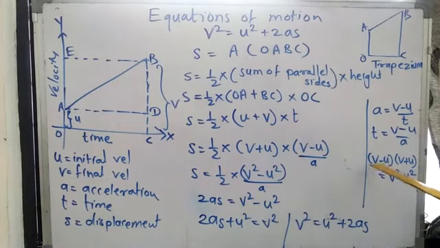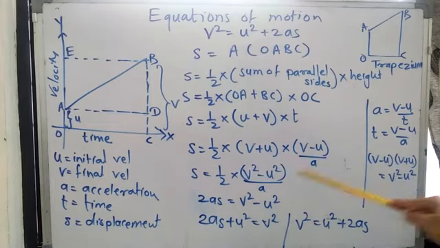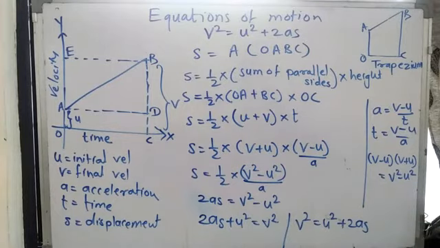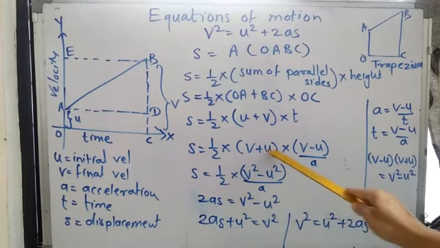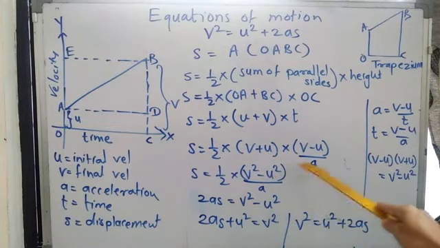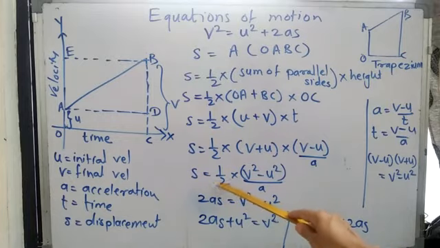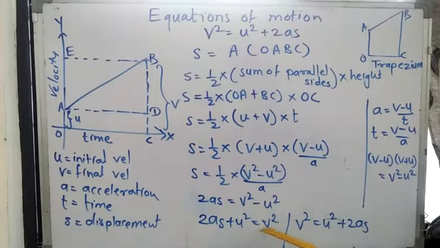Now you have studied it in maths: a minus b into a plus b is equal to a square minus b square. Similarly, here we have v plus u, v minus u. So v minus u and v plus u, two brackets multiplied, give us v square minus u square. So S is equal to half, v plus u, v minus u become v square minus u square, and at the denominator we have a. So 2 and a are at the denominator. It will go to the other side as multiplied. So S multiplied by 2a becomes 2aS. And what remains here is v square minus u square. So this minus u square becomes plus u square here. So 2as plus u square is equal to v square.